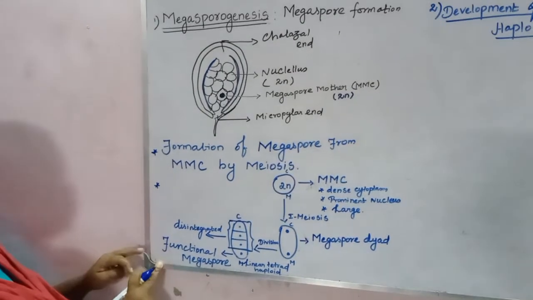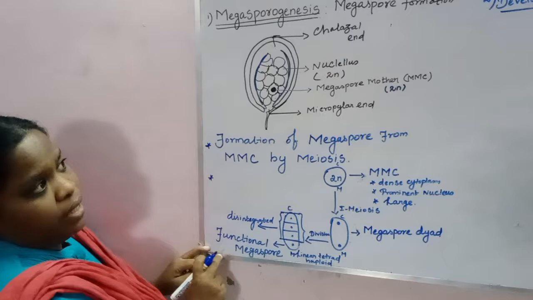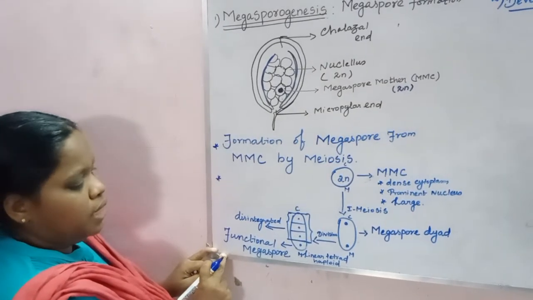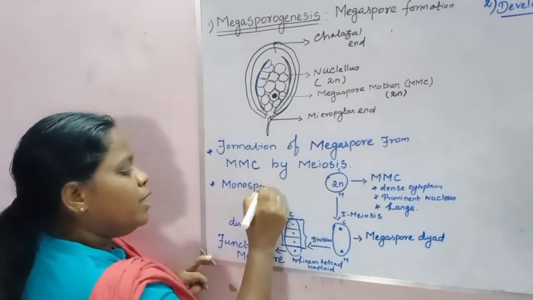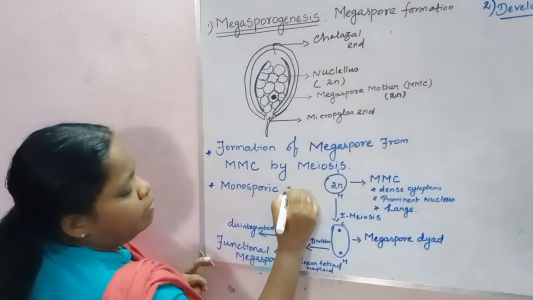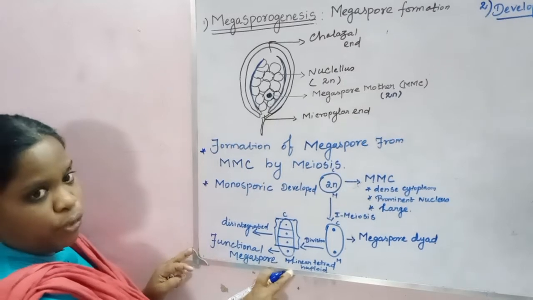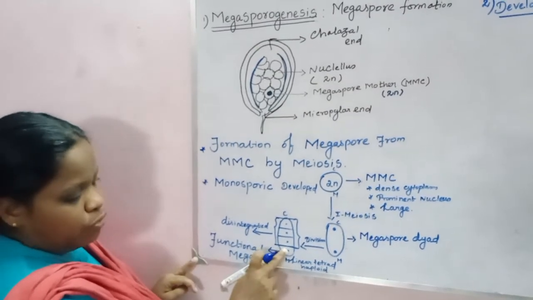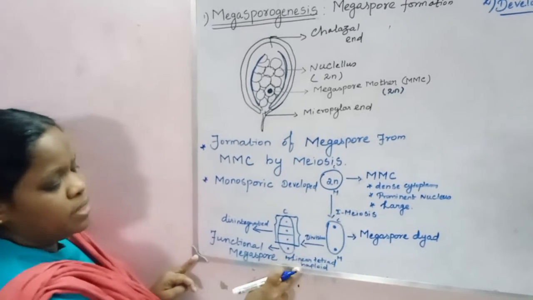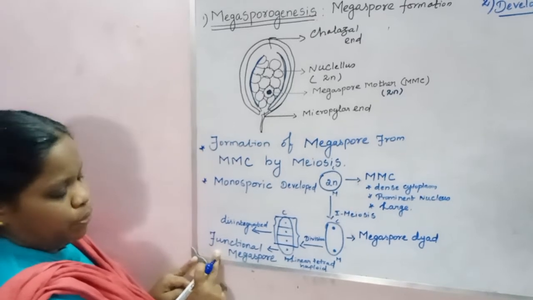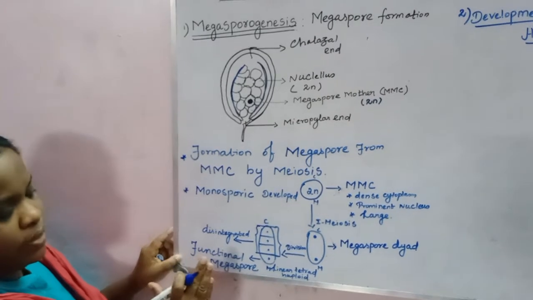From this megaspore only, the embryo sac will develop. So this type of embryo sac development is called monosporic development. Why is it called monosporic development? Because in the megaspore tetrad of four, three of them are disintegrated. The remaining one megaspore becomes the functional megaspore, and from this functional megaspore embryo sac development occurs. Okay, that's all about